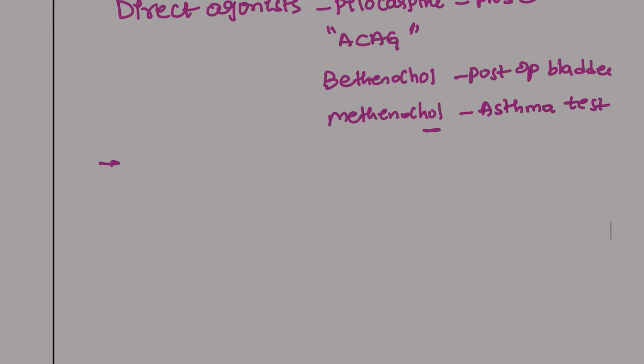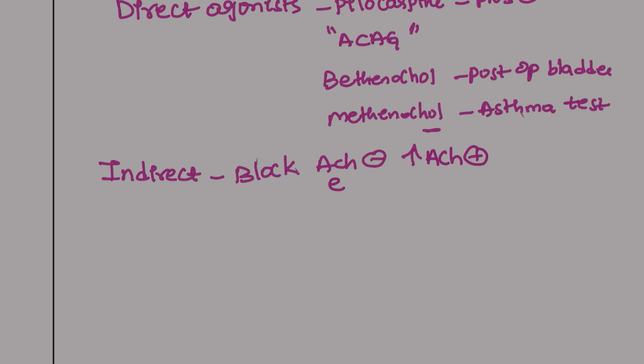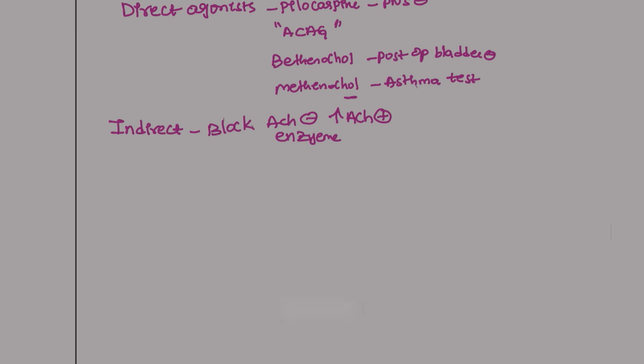Next drugs, those are the indirect drugs. So what are these indirect agonists? They are going to block the ACH enzyme. So that means increase the ACH levels. This enzyme, once it is blocked, it is going to increase the ACH levels in the body. So an example is donepezil, which is used for the Alzheimer patient, right? Next, physostigmine,